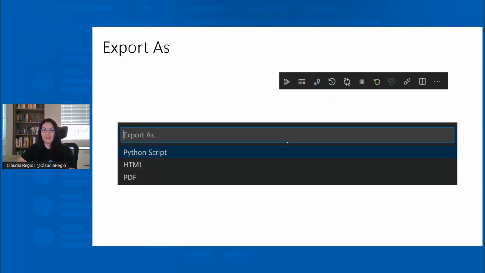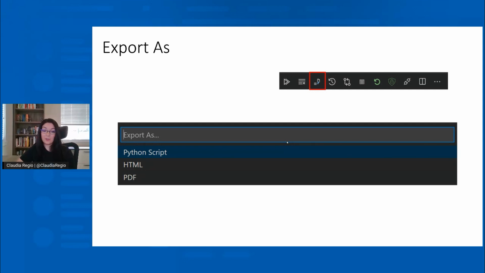All right, and once you've reached a final stage of your notebook, many times what people will do is they will either need to transfer it to their production counterparts, or they will present it. So we have a quick way for you to do both those things. We have the export option, which is located in the notebook toolbar in the top right again. And that will bring down a dropdown where you can, again, export to Python script for production.